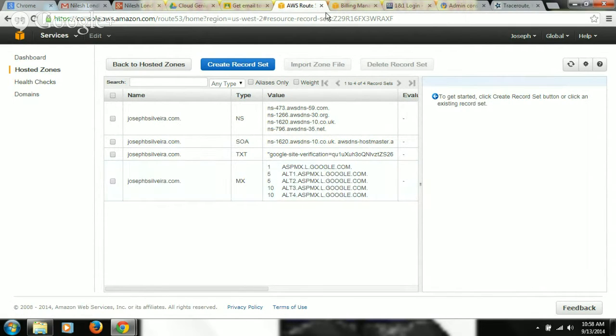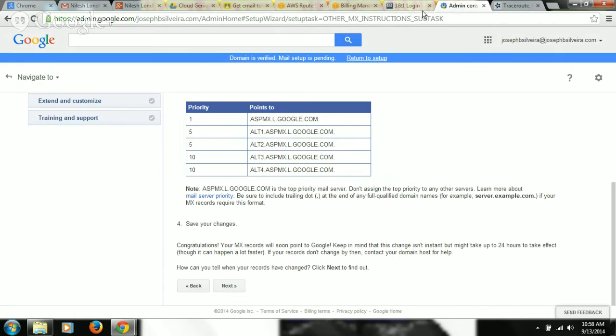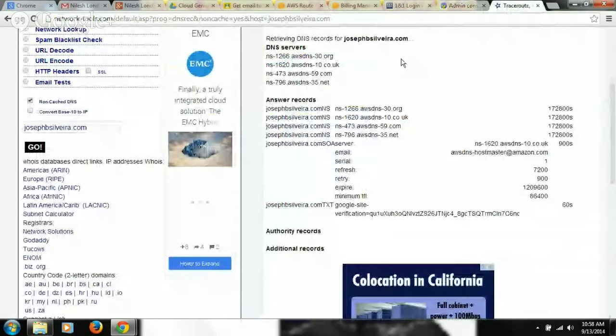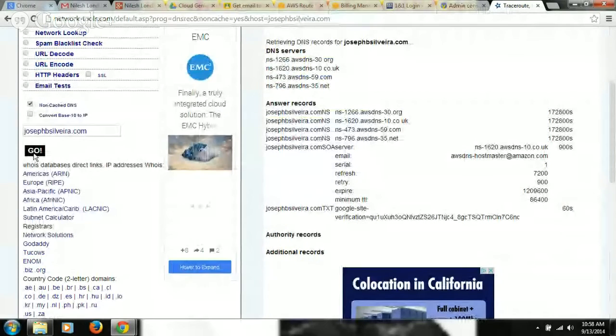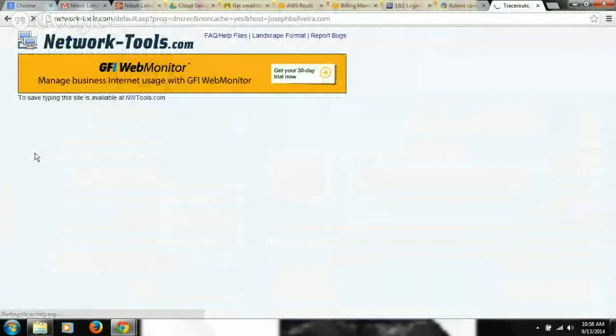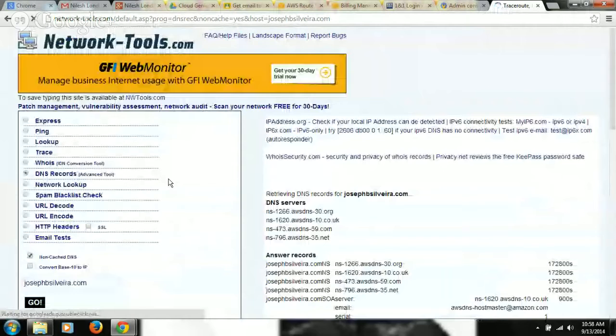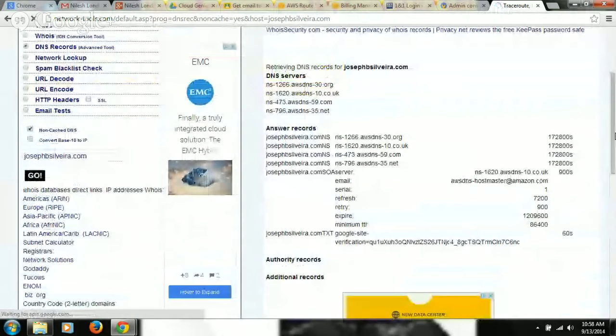You can see it. Now go back to your NW tools and verify there. NW tools is the last item. Traceroute. Now here you verify again and see if the MX records show up. Not yet. Gotta wait 60 seconds.